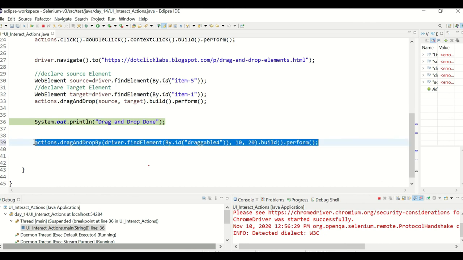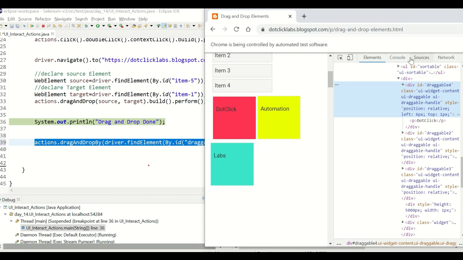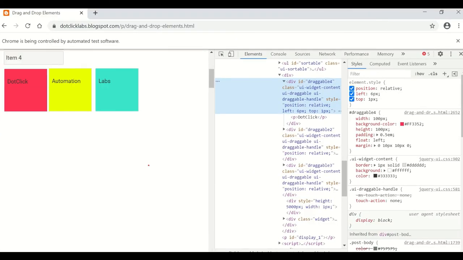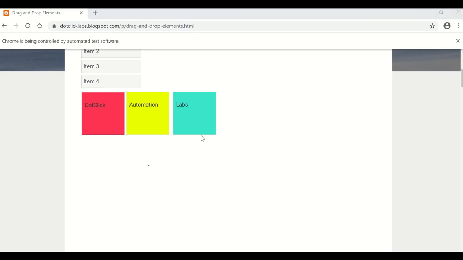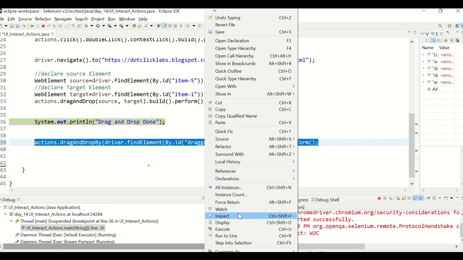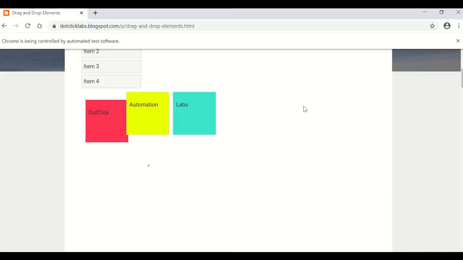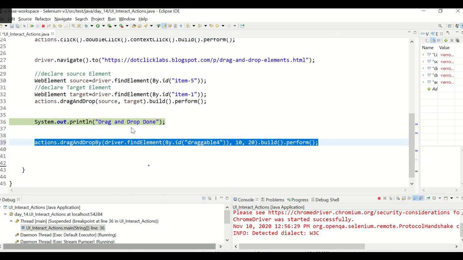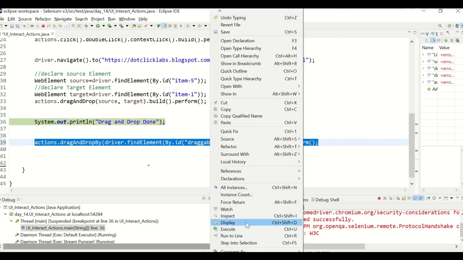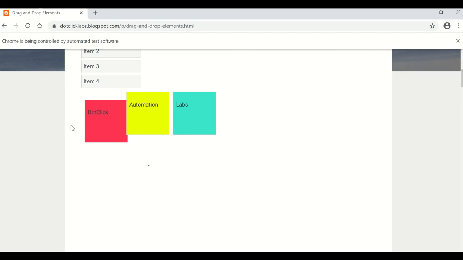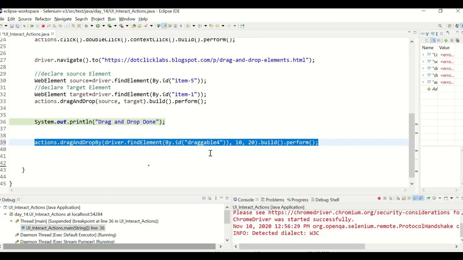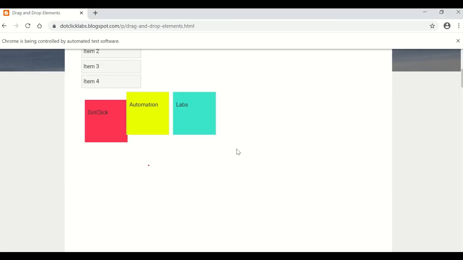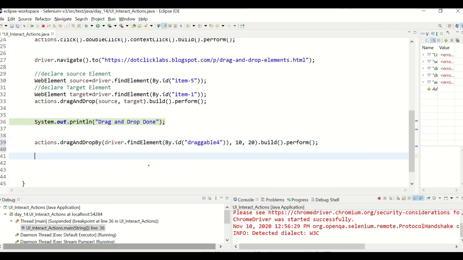Okay, select it. Now right click. Now you see how this is looking. This is in a particular row, right? Once after executing this command, you see the draggable 4 will be moved a little, like a slider, right? Because it is moved using some coordinates, meaning it's clicked and held and dropped at a certain location. So this is about dragAndDropBy. I hope you got this drag and drop, right?